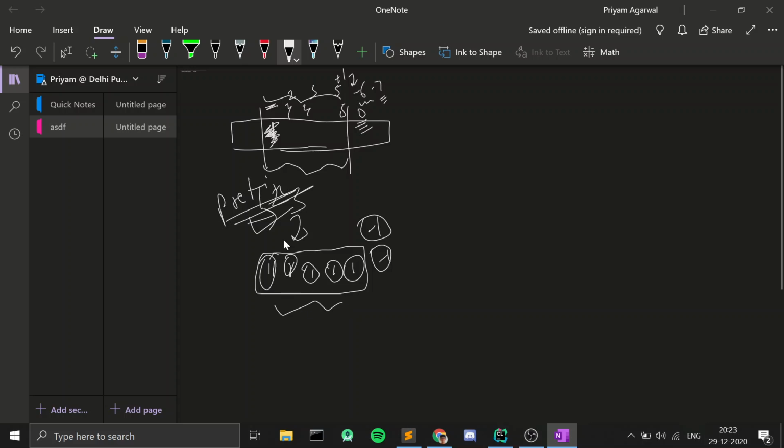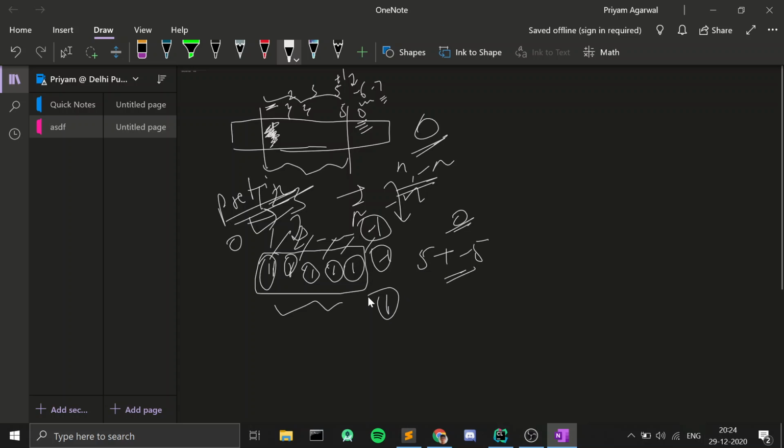there are 1, 2, 3, 4, 5. This will become 5 plus minus 5. This becomes a 0 because I'm not putting anything here. Suffix, let's say 0, so I put a 1 here, then a 2, then an n, then here I put minus n. So it will add n and then it will add minus n. This is 0 basically. And then he tells me that 1 is also added here. So how will that be accommodated? It will become